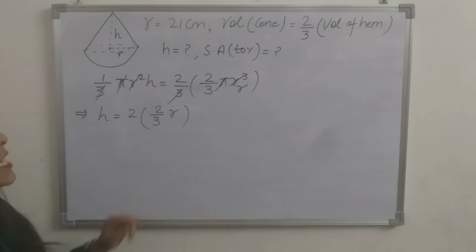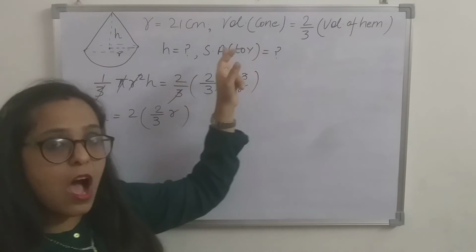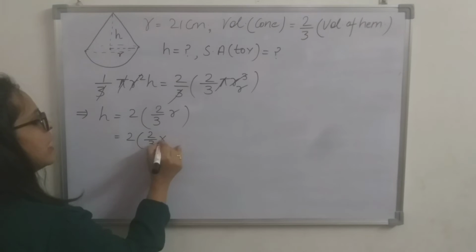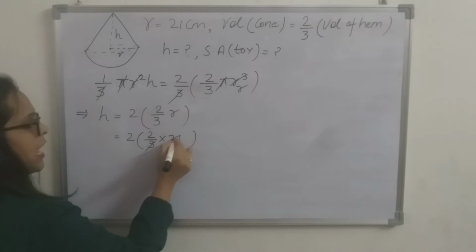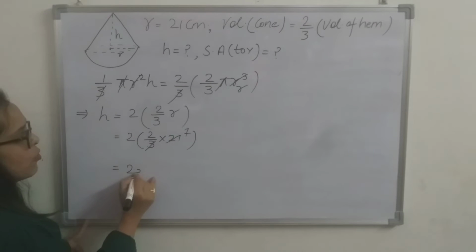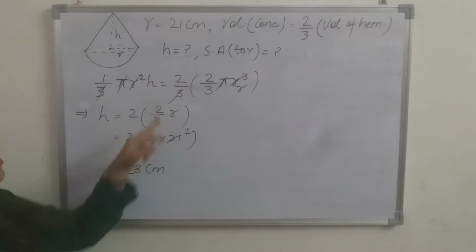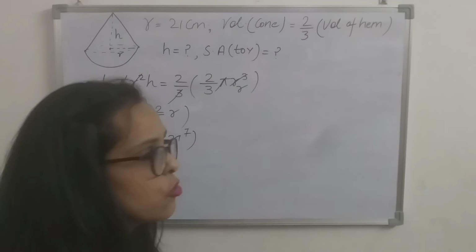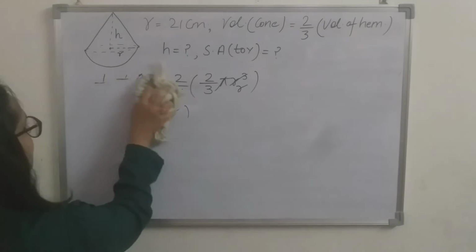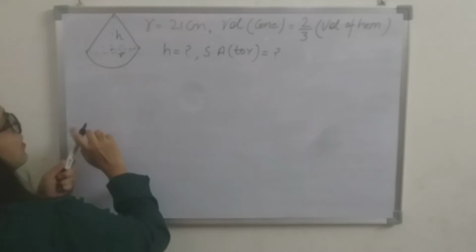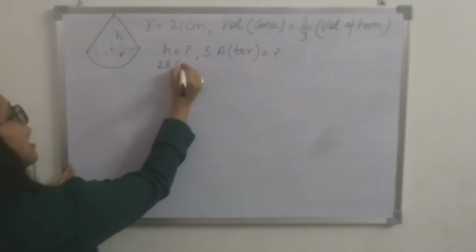Now see dear students, r is given to us. Very simple for us now. R is 21. So we will put r over here, 2 upon 3 into 21. So 3 will cancel 7 times, and in this way we will get 2 into 2, 4. 4 7s are 28 centimeters. So the first part, h, we have found. Any problem with it? No? Moving ahead? No issue? Okay. I am going to rub it now. h is 28 centimeter. I am writing it over here. I have got it.